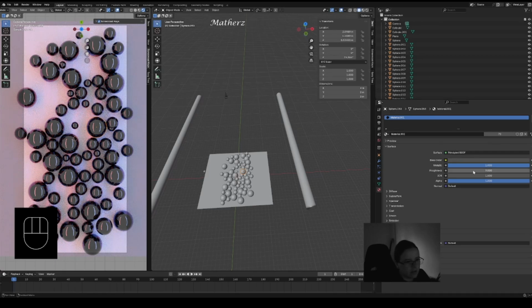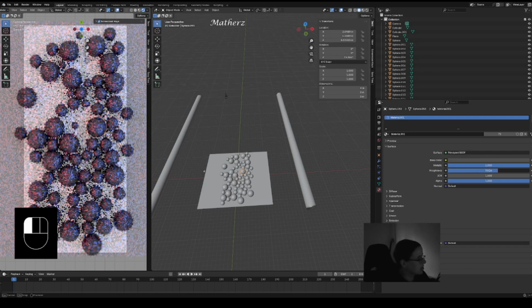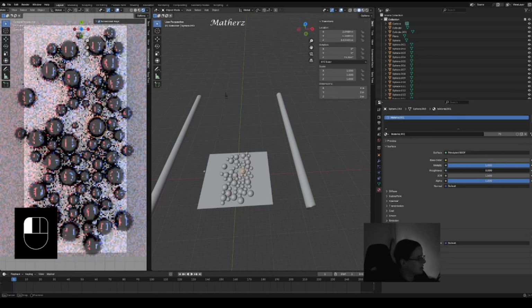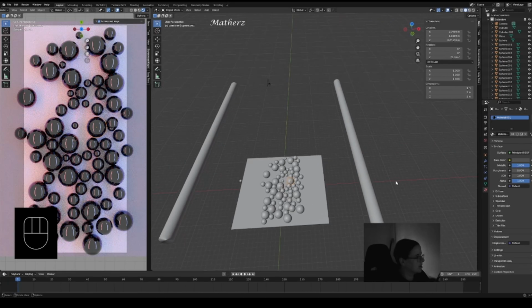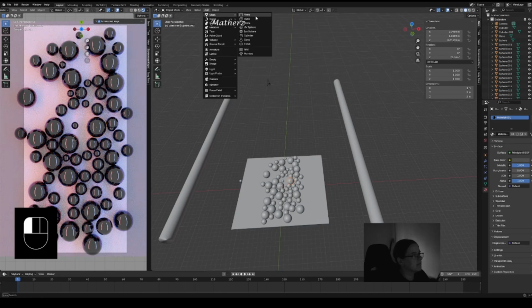And you also have roughness as well, so you can increase the roughness if you want to. You can decrease the roughness. You can also mess with the alpha as well. What I'm going to do as well is let's go ahead and add